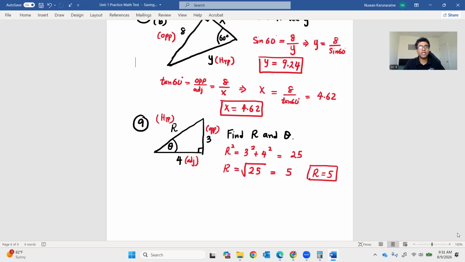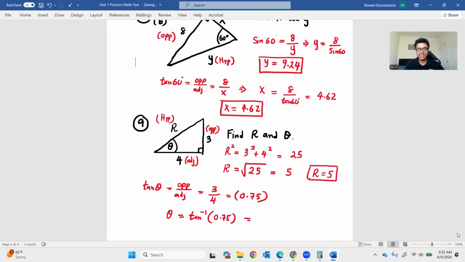Okay, it's that simple. And then how do we get theta? Again, you can use the main trigonometric functions, sine, cosine, tangent, to find the angle. Since the opposite and the adjacent were originally given in this problem, I'm going to use tangent. Tangent theta is equal to opposite over adjacent. And in this case, opposite is 3, adjacent is 4. So I have 0.75, right? And then I need to solve for theta. So I'm going to take the inverse trigonometric function of tangent on both sides. So then I'll have theta equals inverse tangent